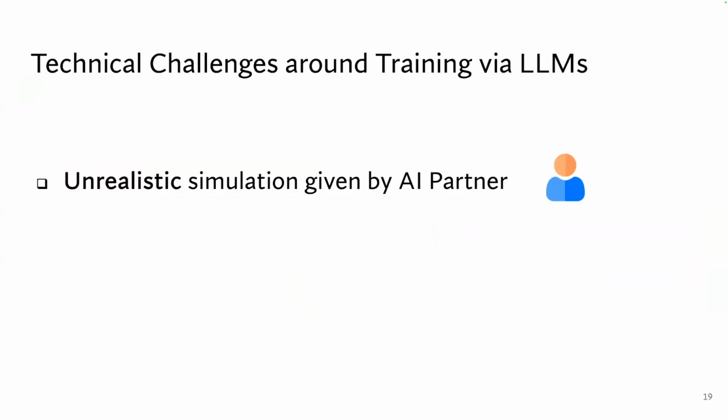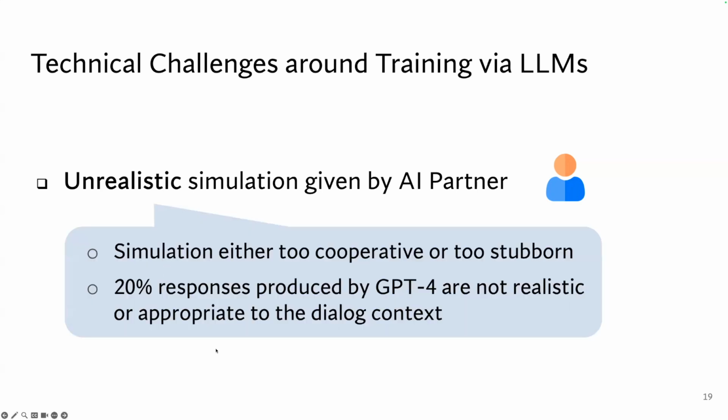The technical challenges of training using large language models actually lie in two dimensions. The first one is that you might be getting a lot of unrealistic simulation. Since you want to create the AI partner, the simulation sometimes can be not as expected. In the context of conflict resolution, we found that those simulations are either too cooperative or too stubborn.